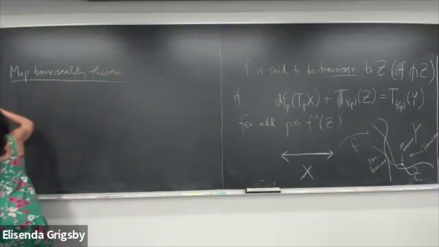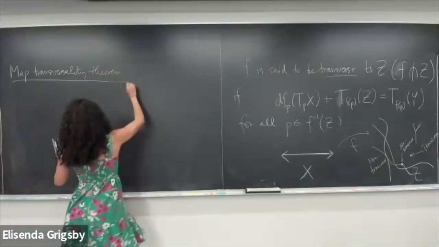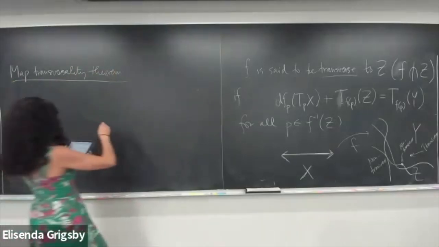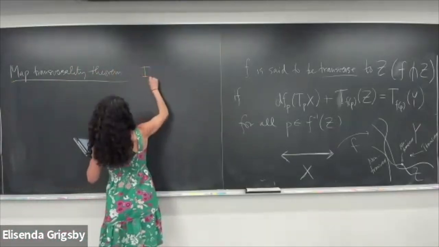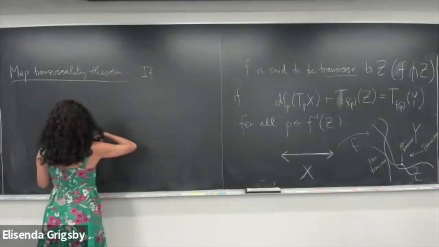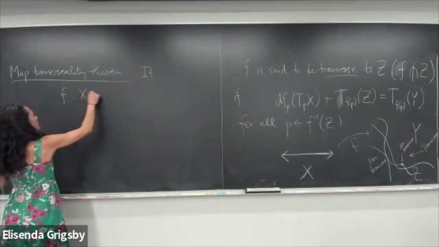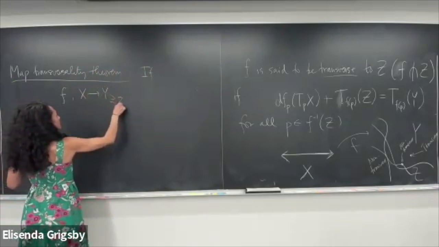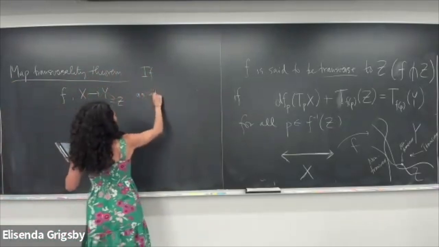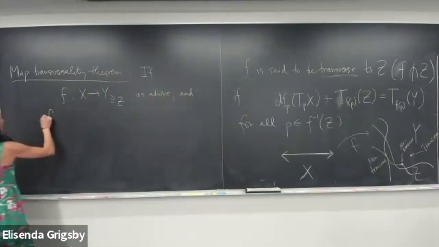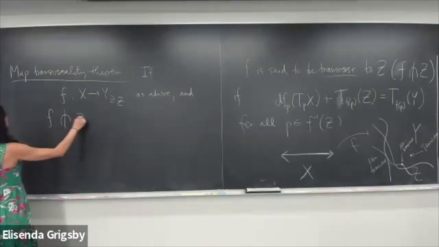I think I'm using the terminology in Guillemin and Pollack, but so if F is transverse to Z,